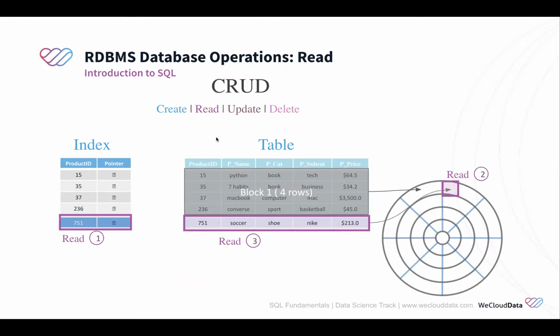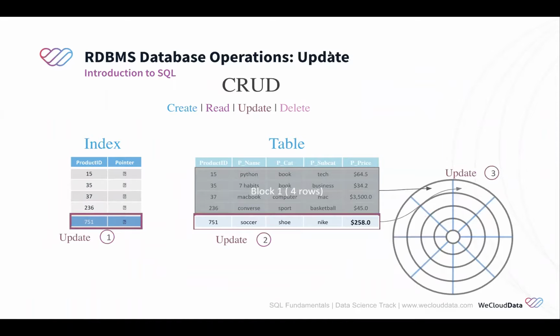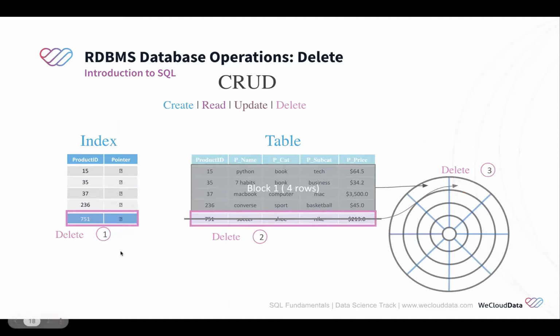And as you can tell, if we want to do update, it works the same way. It needs to hit the index first, go find that record, and then it's going to update the records in that block. So it's going to go find this row in that block, and then it needs to make an update. Let's say we update the price information. Okay, and for delete, it works in a very similar fashion. We need to hit the index and go find where this record is, and then we're going to delete that record, but we also need to delete it from the index as well. Okay,